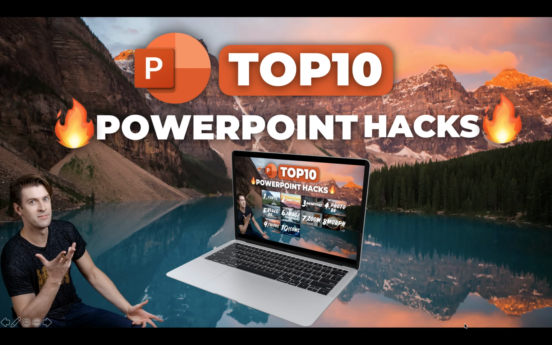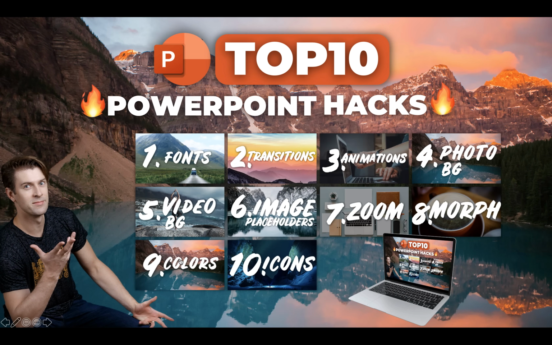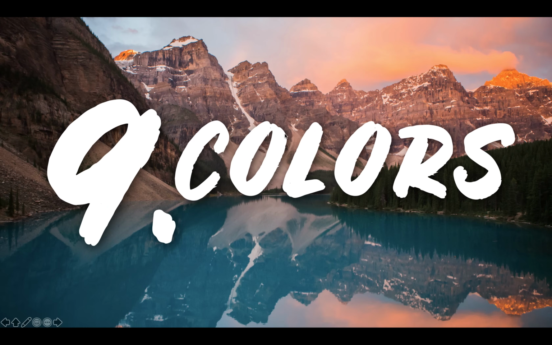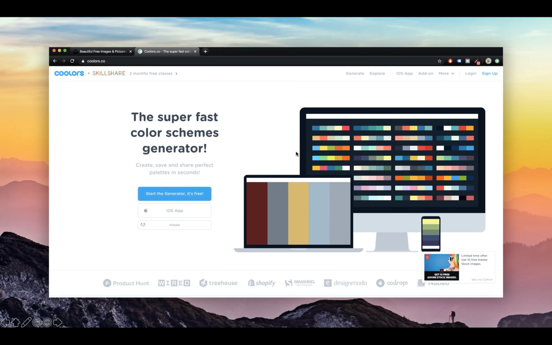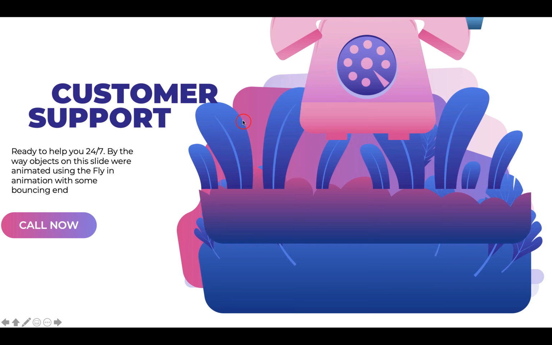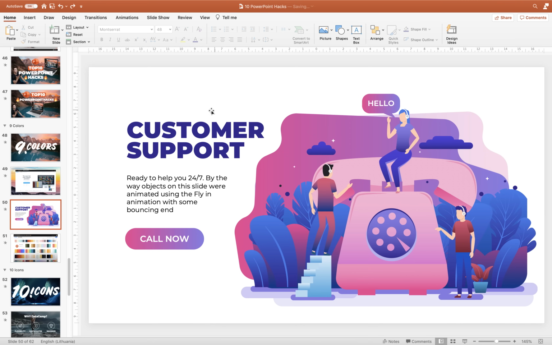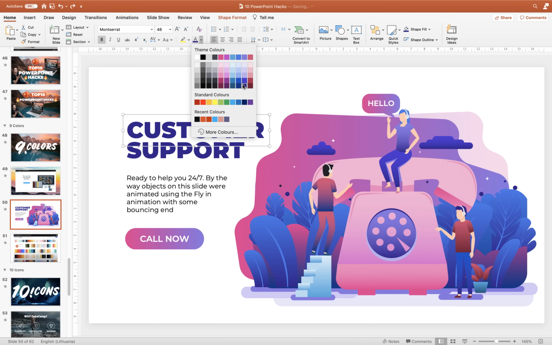Alright, ladies and gentlemen, now let's jump to tip number 9, which is all about colors. Colors are super important in slide design, and I would recommend to use a color palette, because colors and a color palette work really well together. You could use websites such as colors.co. And another benefit of using color palettes is once you set all of your shapes and all of your text boxes to certain colors from the color palette,